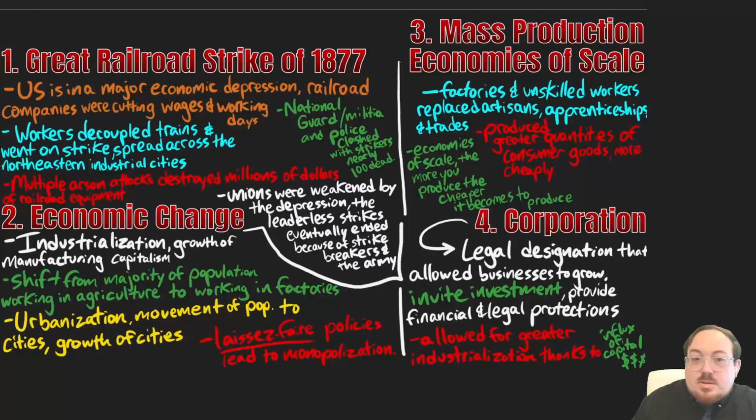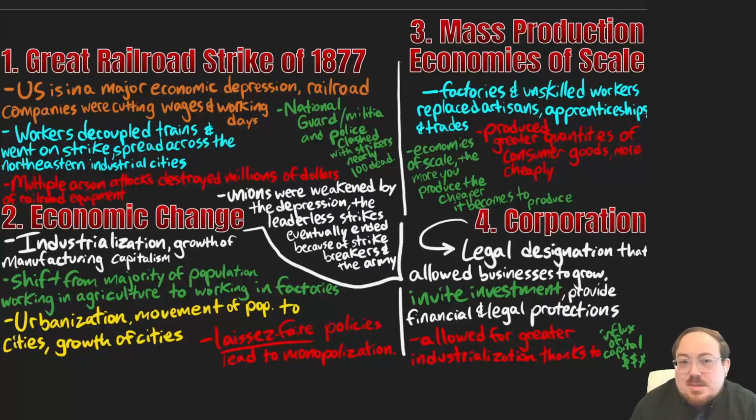Eventually, those factory-made goods will replace all of these artisans and all of these people who spend their entire lives working on just one thing. Now, like I said, factories are very expensive. And so you need money to build that initial factory. So one of the ways that people did this was through creating what's known as a corporation, which is our next term. A corporation is a legal designation where you create this